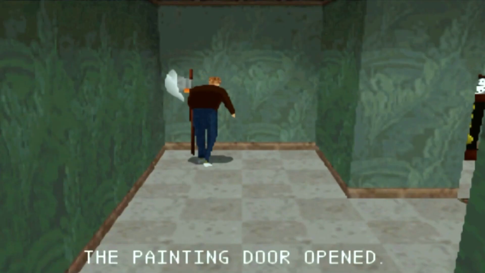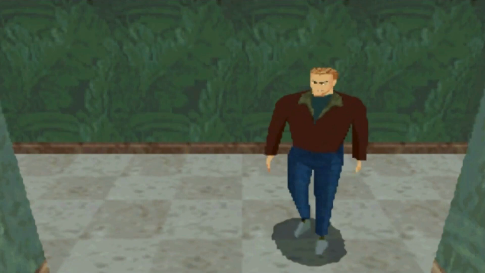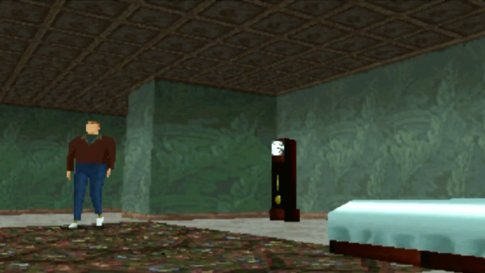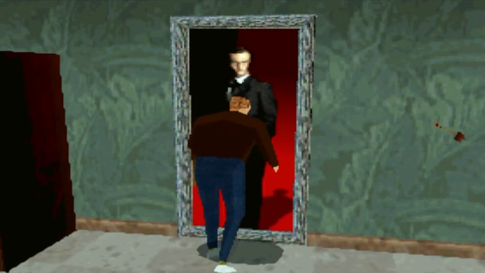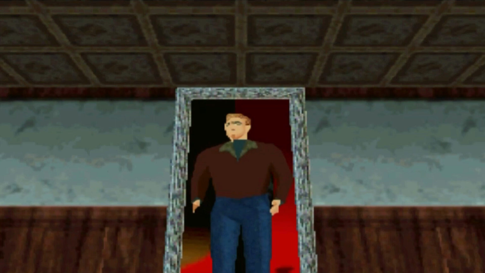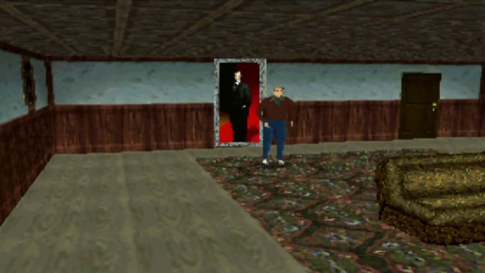By using pre-rendered backgrounds and fixed camera angles, both games were able to create a sense of immersion and horror that would become the core foundation of many future 3D horror games. While the game has many similarities to Alone in the Dark, it focuses more on adventure and exploration throughout the texture-mapped polygonal environments that can be witnessed through multiple camera perspectives.